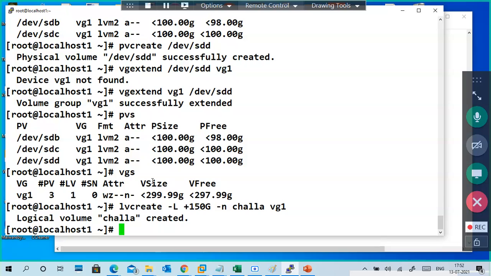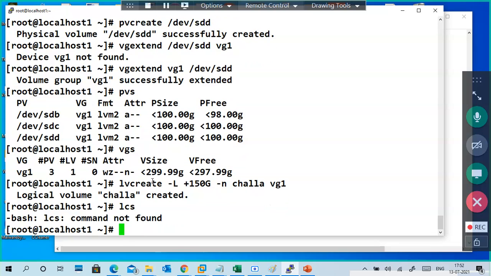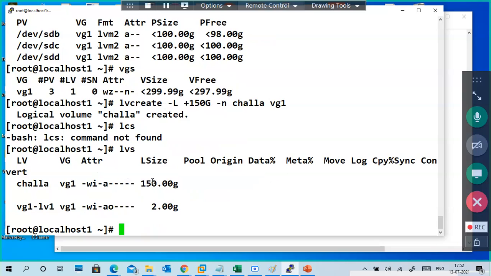Okay. Logical volume is created. LVS. Two volume groups are there, one is 2 GB, another is 150 GB. VGS.